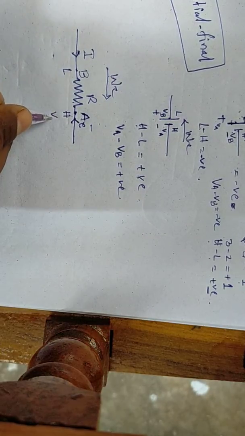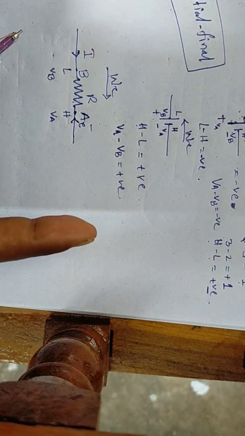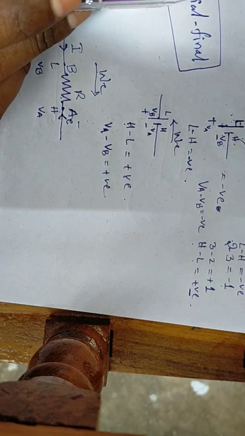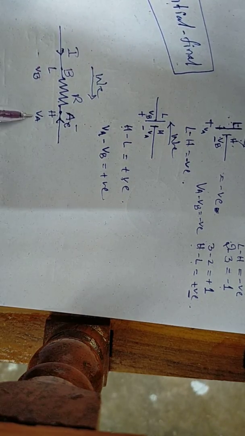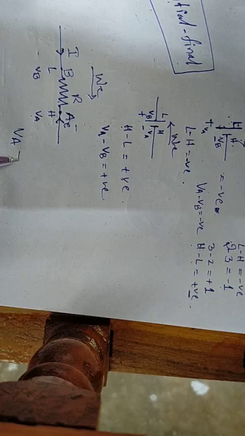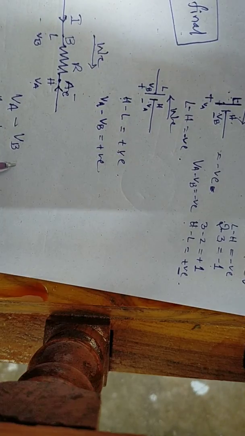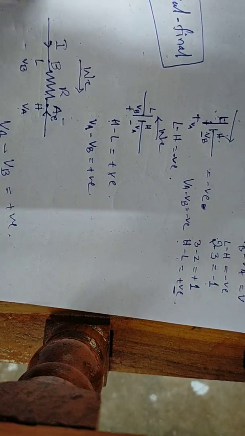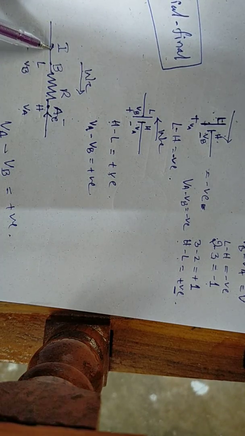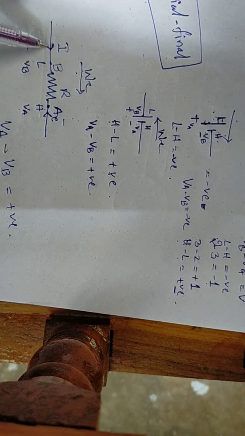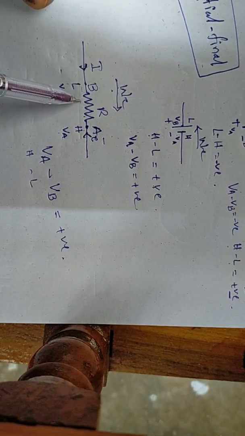If VA is the potential at point A and VB is the potential at point B, we calculate the difference as initial minus final, VA minus VB, which is high minus low. What you get is positive. So remember that when we are moving in a circuit in the direction of current, the potential difference across the component, here the resistor,